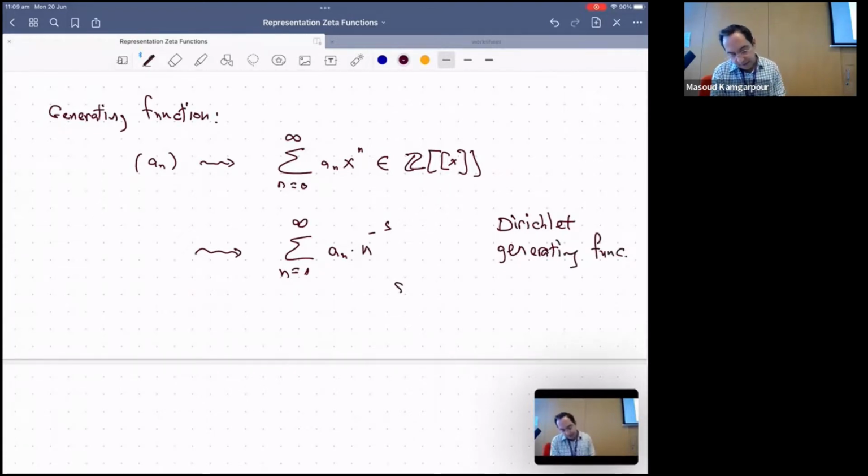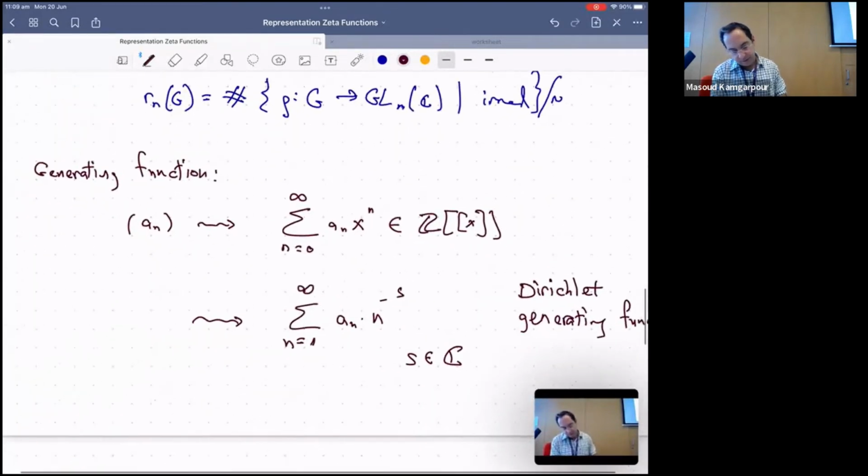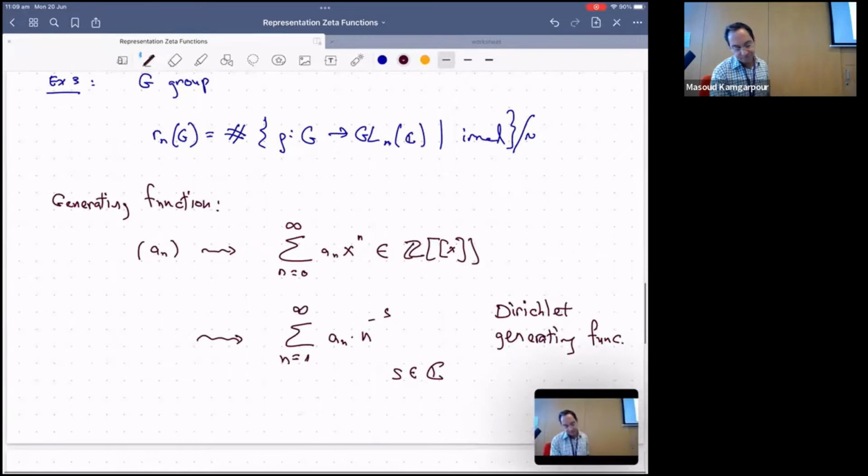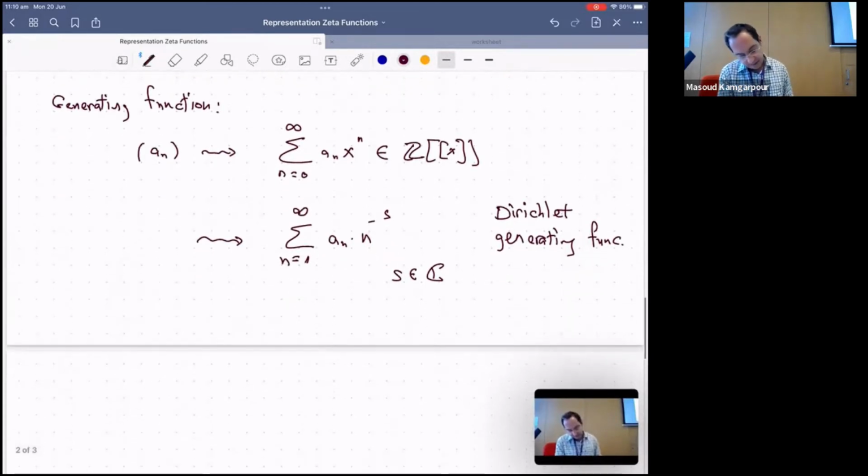And here s is a complex variable, but what we need to make sure is that this function is defined, and for that, here's an exercise. The exercise will be to show that if a_n grows polynomially, so if there's a constant such that this sequence is bounded by a polynomial,